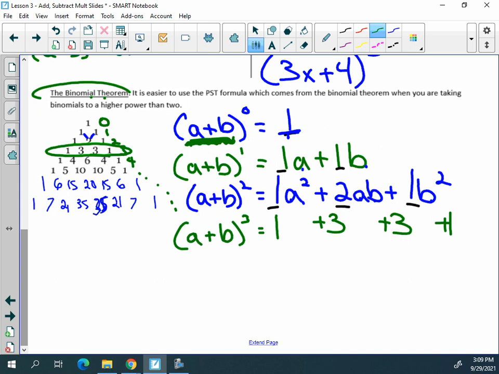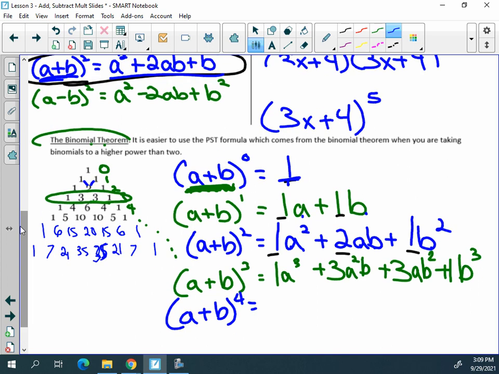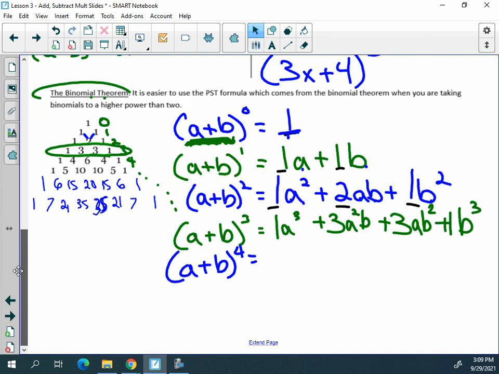So our highest power, it's going to be 1a cubed, no b's. Then it's going to be 3a squared. We're working our way down with the a's, and then a b shows up. And then it's going to be 3a to the first power, b squared, and then no more a's, and we're left with a b cubed. You could keep doing this. So if you wanted to find a plus b to the 4th or 5th even, you could just follow this pattern. You would use whatever row you're working with, and we could keep going to wherever row we wanted to,